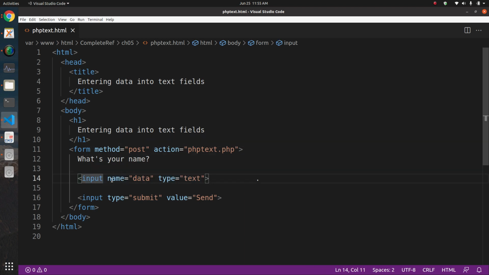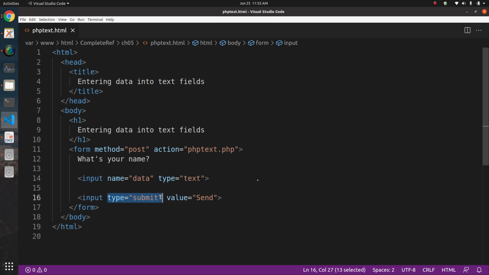know that this is the input box। Okay, type is text, so that means text box है, and उसका नाम आपने रखा है data, and we have put a input box or input element actually, and the type is submit, so this is a submit button and its value is send। Okay, so this is a submit button, you can display whatever caption you can display there by just specifying the value parameter। तो value जो attribute है उसमें आप जो भी मैसेज जो भी स्ट्रिंग पुट करेंगे that will be displayed as a caption। So आप send की जगह पर submit कर सकते हैं या और कुछ भी इस पर मैसेज डाल सकते हैं।